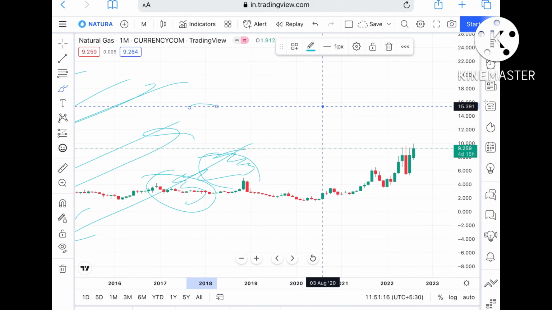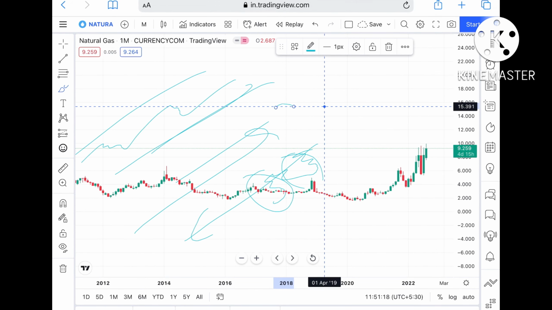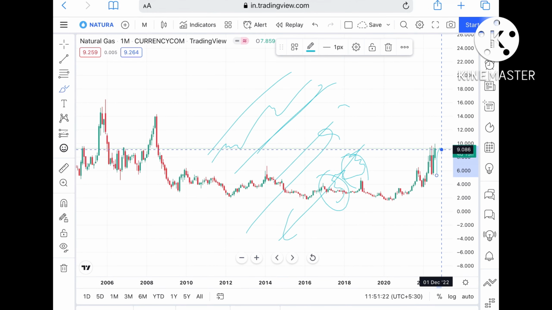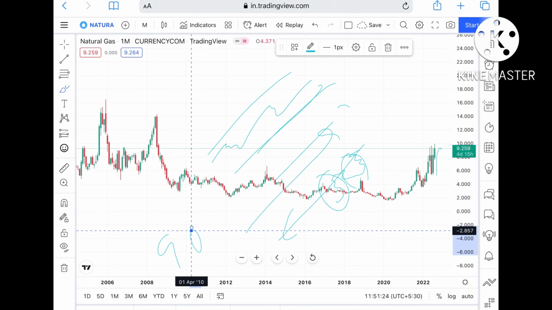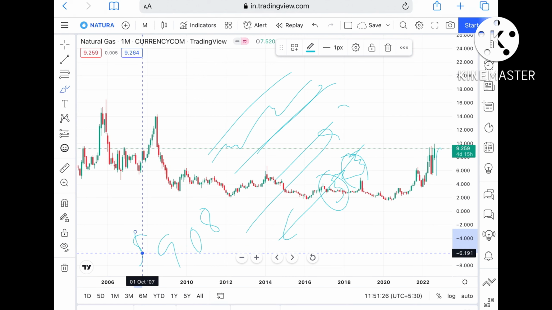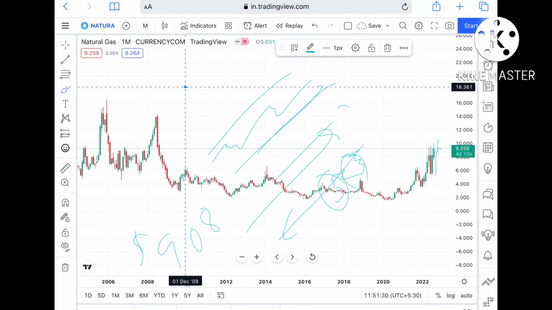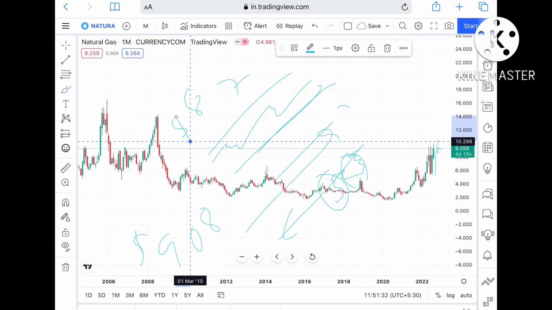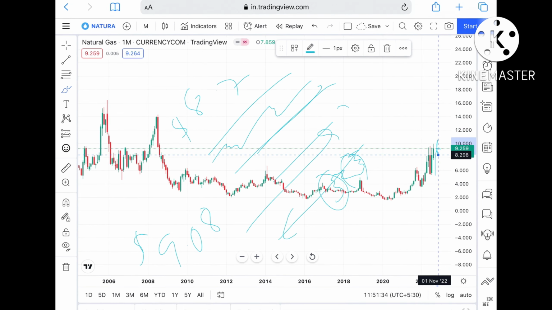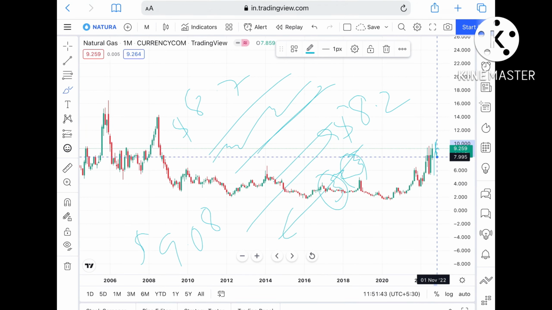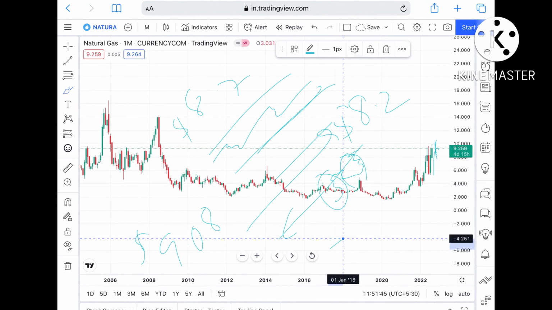So now suppose this particular level didn't sustain, then we can see the price of natural gas can come again to a level of $9.08, and if that level also didn't sustain, then we can see it come down again to a level of $8.7. Suppose the price didn't sustain that particular level also, then we can see it go and touch a level of $8.2, and if this level didn't sustain, then there is a high probability we can see it go further down towards a level of